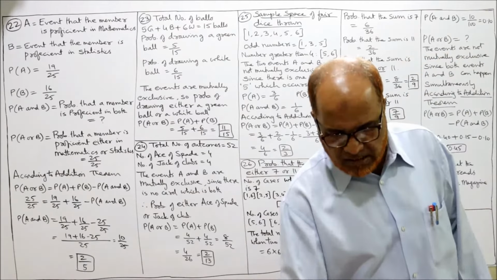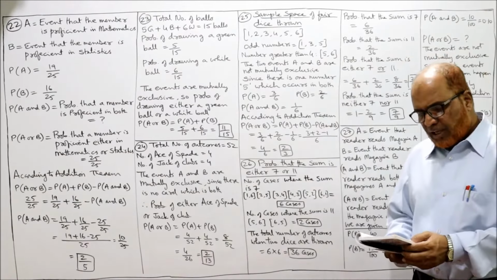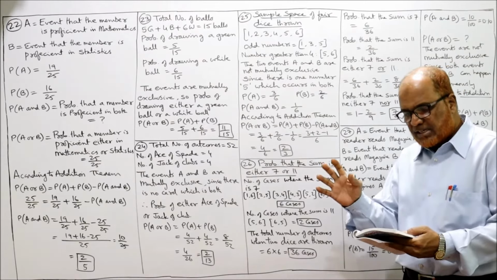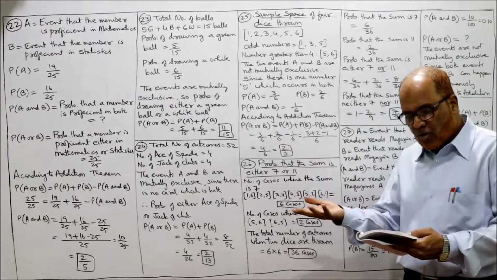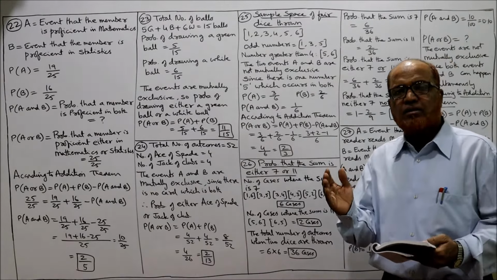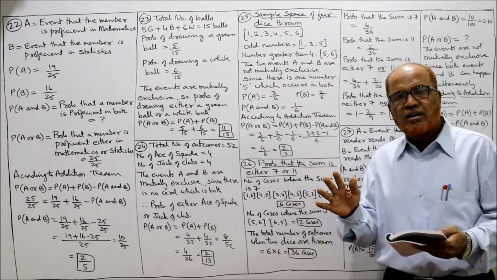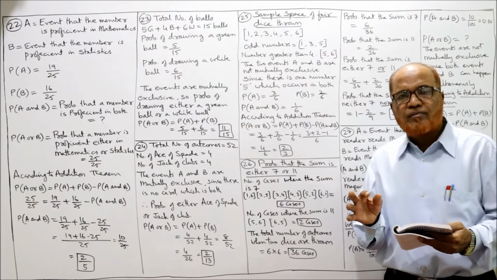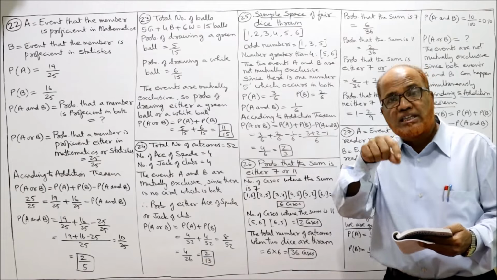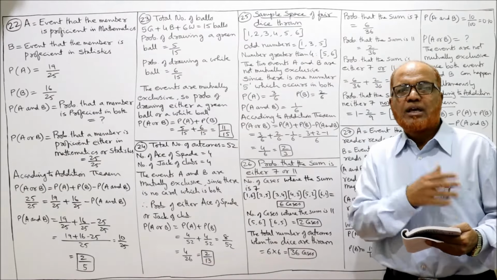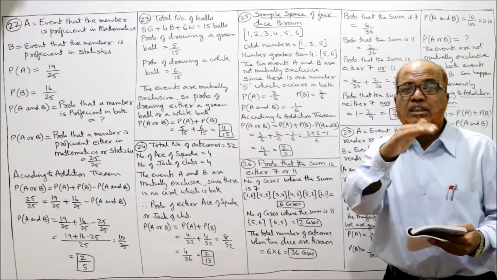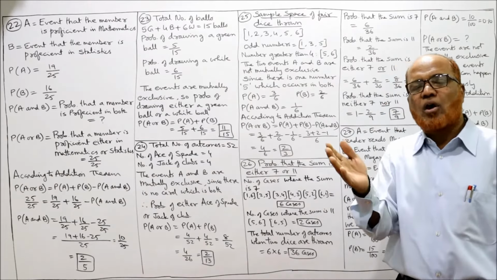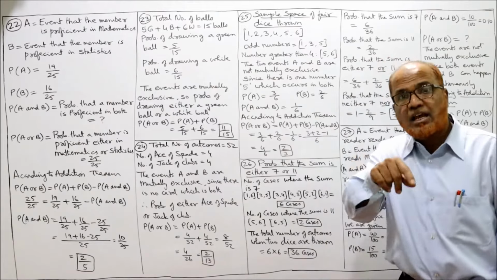Now 26th problem. If a pair of dice is thrown, find the probability that the sum is neither 7 nor 11. Neither 7 nor 11. 7 भी नहीं रहना, 11 भी नहीं रहना. तो इसको उल्टा जाना पड़ता. First of all, we find out what is the probability of getting either 7 or 11. Either or मालूम करने के बाद neither nor मालूम कर सकते. We can easily find out neither nor after calculating either or.